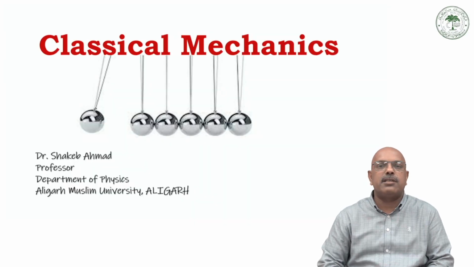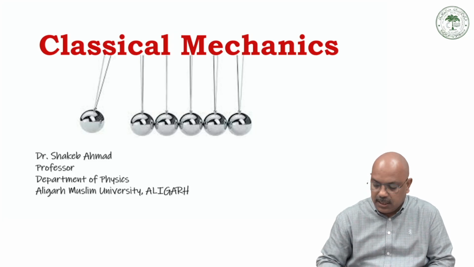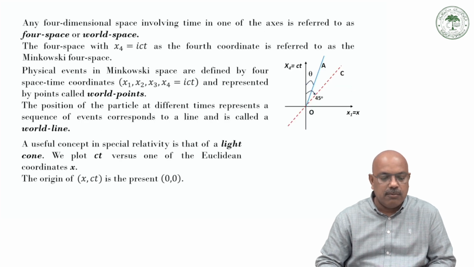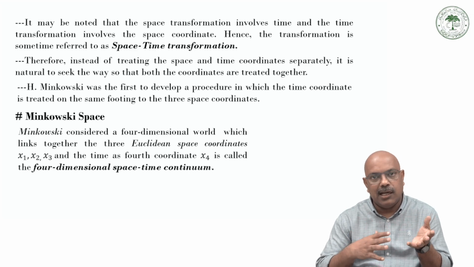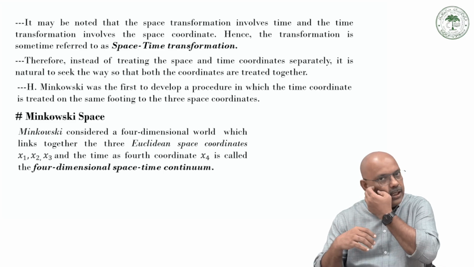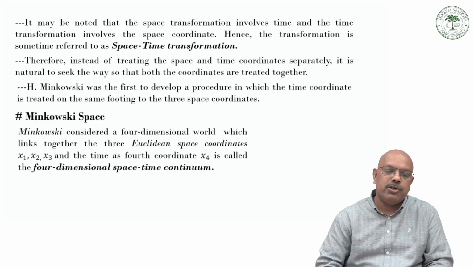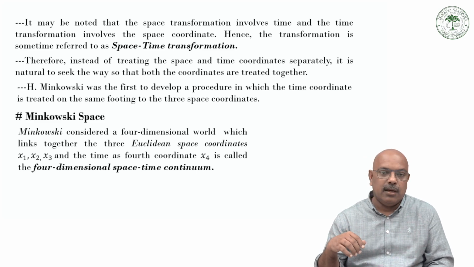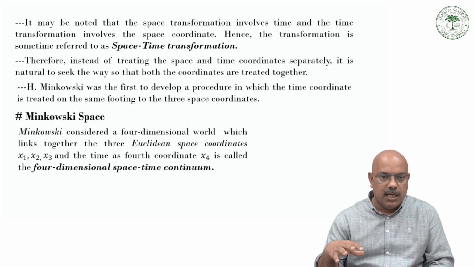If you remember, we were discussing this Minkowski space, the four-dimensional space. In the previous class we discussed spatial invariance under the Galilean transformation, and then why we need the Lorentz transformation. The Lorentz transformation leads to a space that needs to be treated as space and time together, on the same footing. That was first developed by Minkowski, and is known as the Minkowski space,